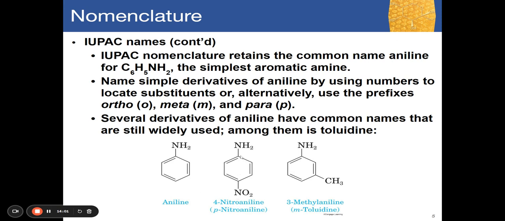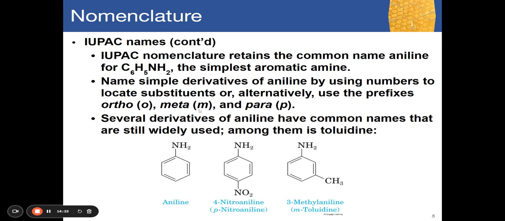So if you're counting here, always count first to where your family group is, which is your aniline, your amino group. So if you start right here, this is 1, 2, 3, and 4. If you count counterclockwise, this is 1, 2, 3, and 4. Okay, so the common name is para